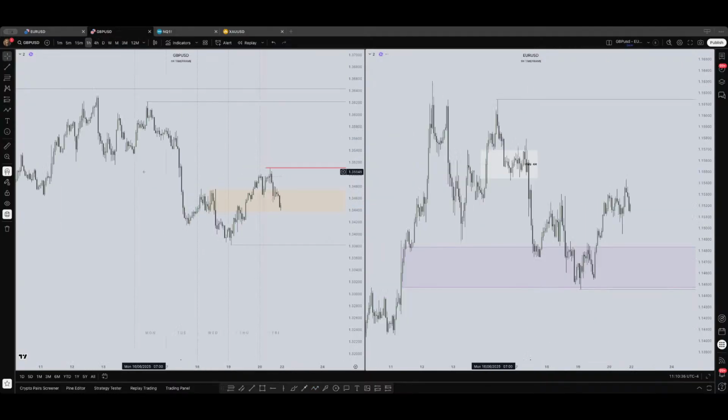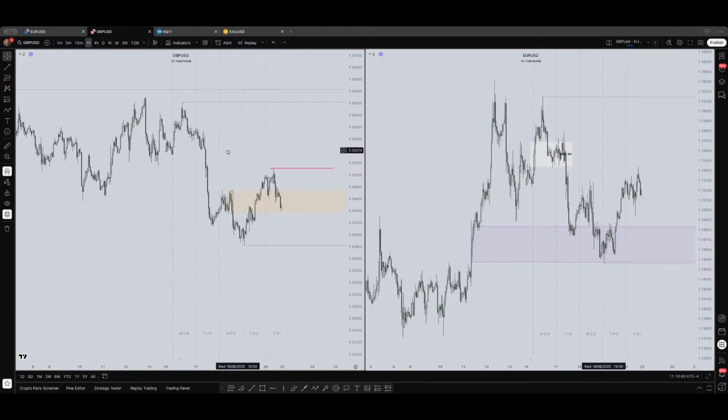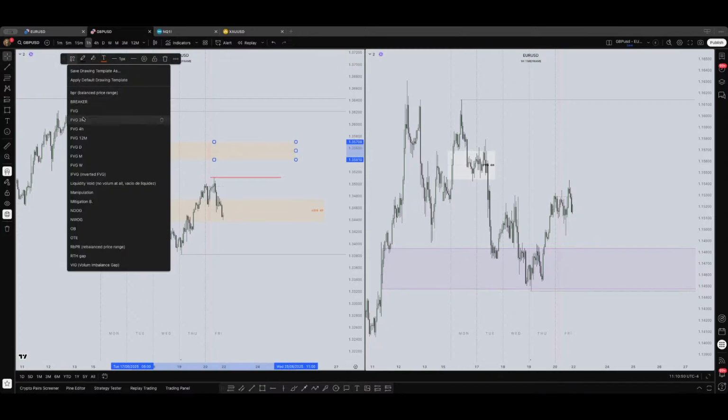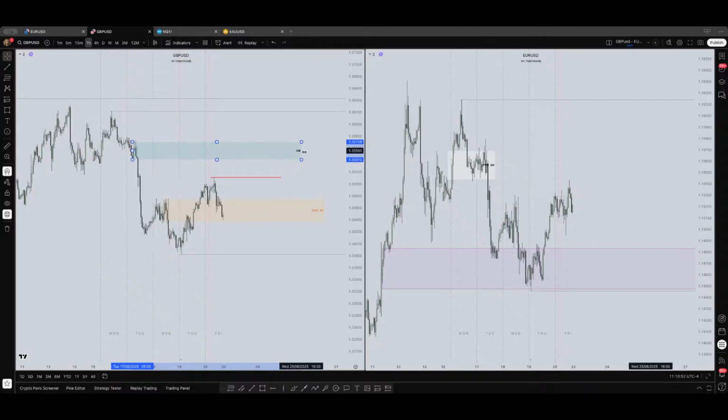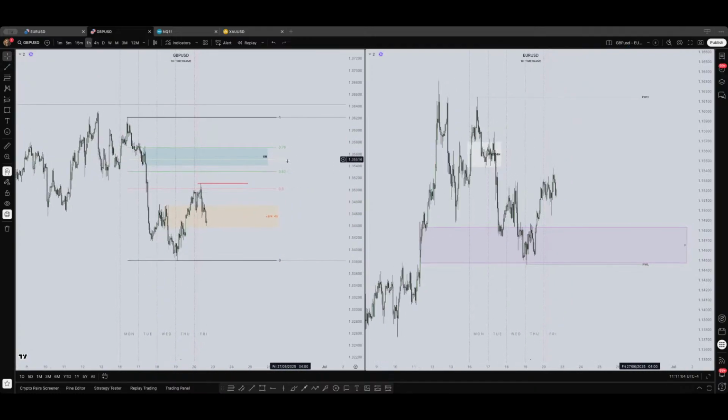Let me check one thing. You can treat this like an order block also, these two upper candles. So yeah, as you can see, interesting levels are